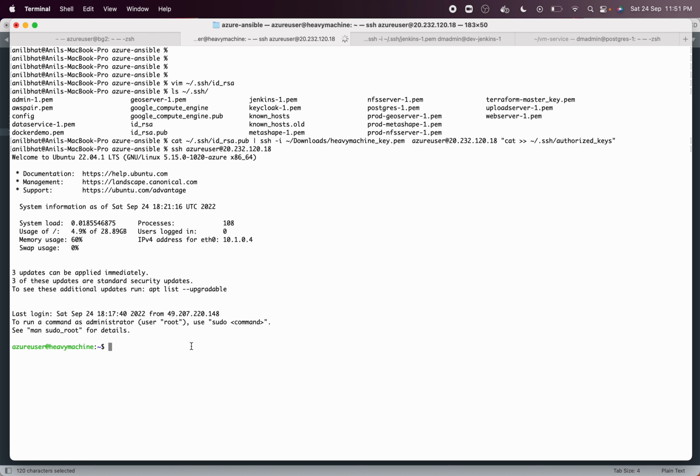Okay, so we are able to connect without the PEM because we have authorized our locally generated ID as a public key. We have copied our public key into the remote machine, right? So now we are able to successfully connect to our virtual machine without giving any private key. Now this machine has the credentials. Now the next step is